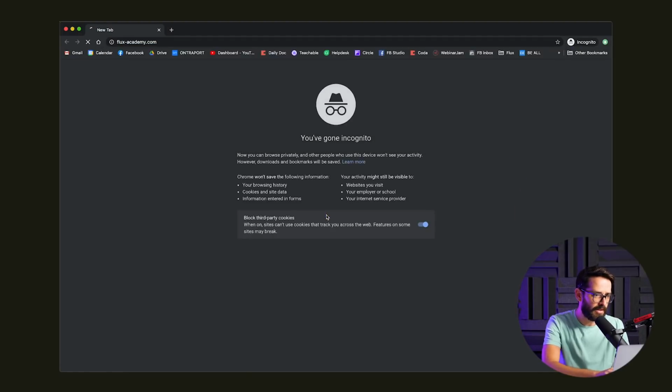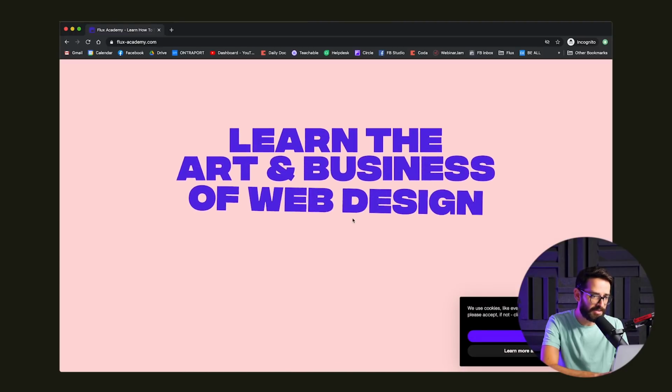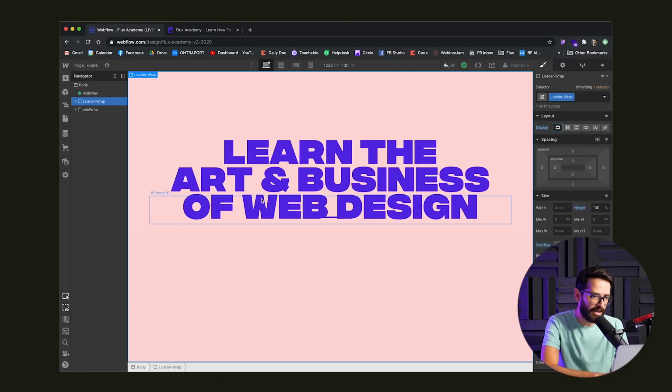I don't know if we can see it. This is the line that's animating until the whole website is loaded. And once it's loaded, we're triggering the next animation. So they're both here. We have this thing, and then we have the loader wrap. And as you can see, the loader wrap, as I've mentioned, has an overflow hidden, and the height is 100%.